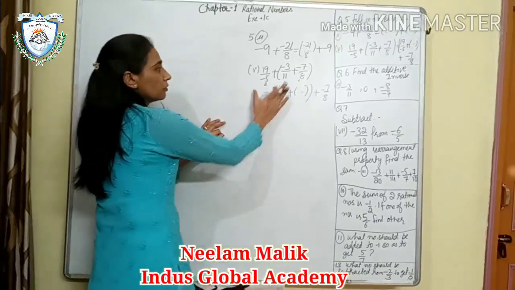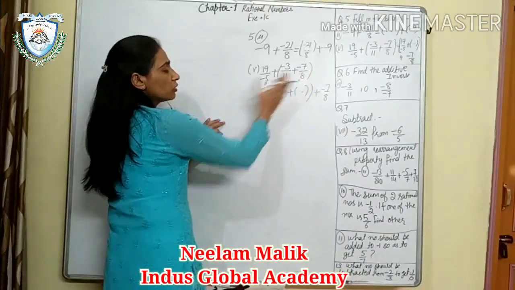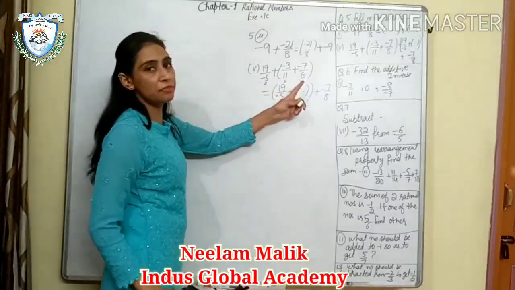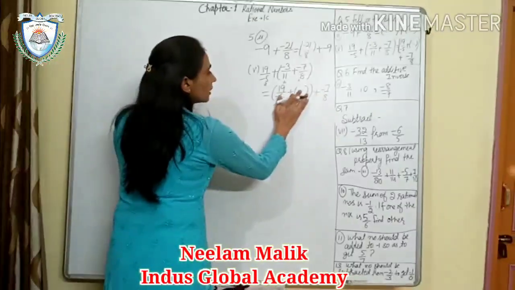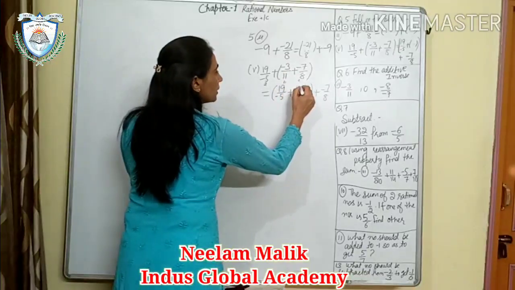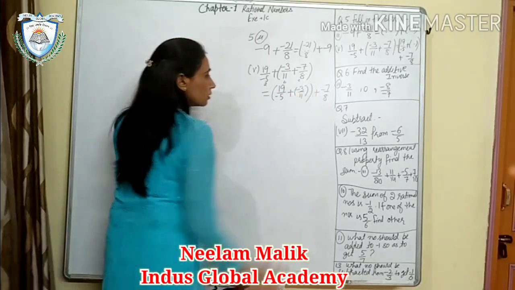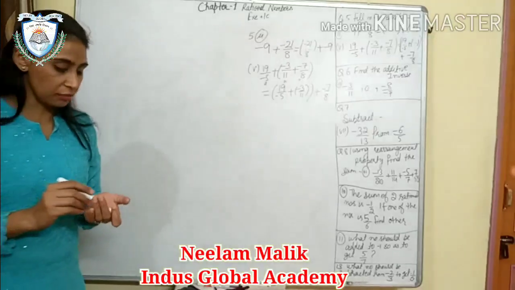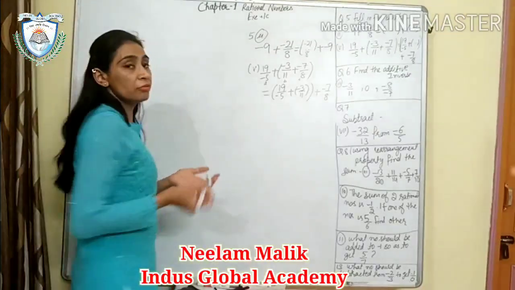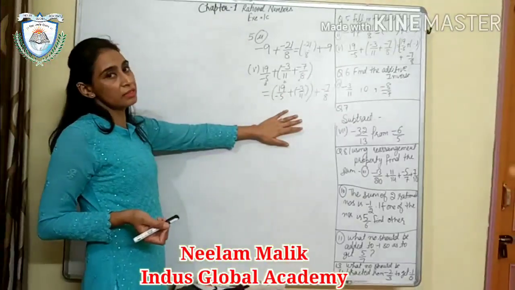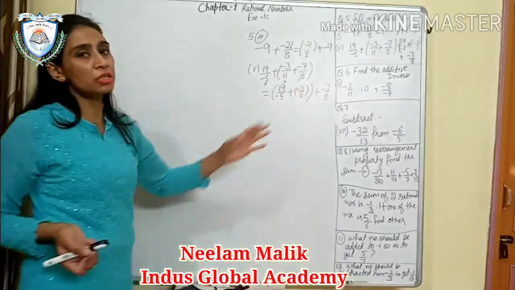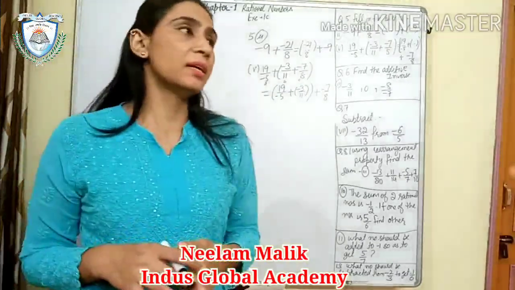On the left hand side they are adding B plus C first, so on the right hand side they will add A plus B. So what will come here? Here will be the value of B. What is that? -3 upon 11. Another way to do this: whatever is given on the left hand side will come on the right hand side. You will find out which number is missing and write that number here.